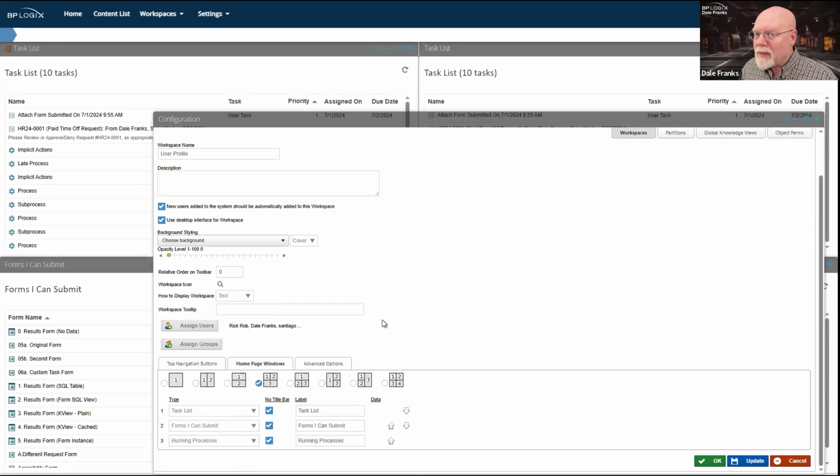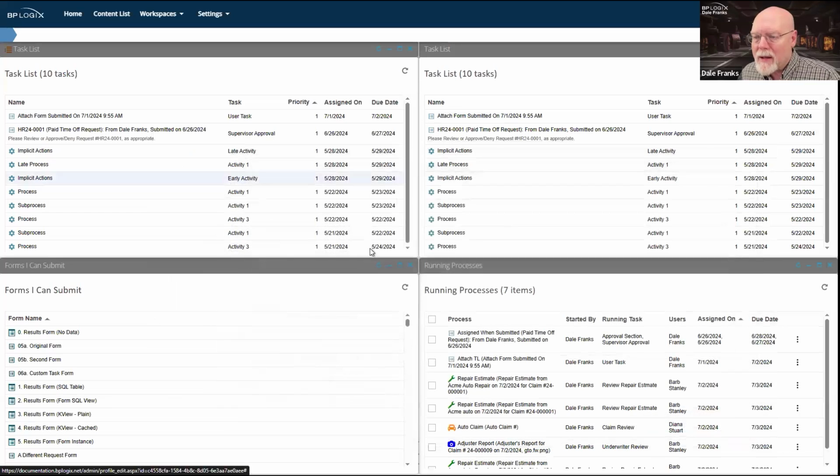Those are the only things I can access, but I can access all of them at any time, and I can display them all at any time in the desktop workspace simply by customizing it myself. And when I customize it myself, I have my own unique UI. So that is an advantage of this workspace. The disadvantage is that you don't know exactly how users have configured their own workspaces.